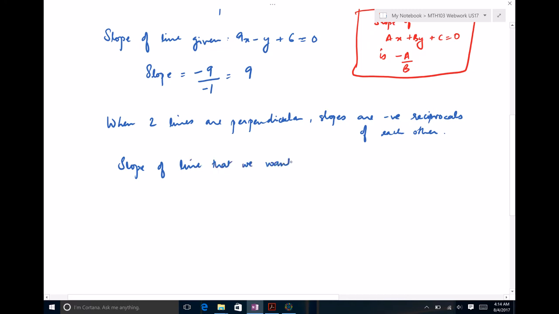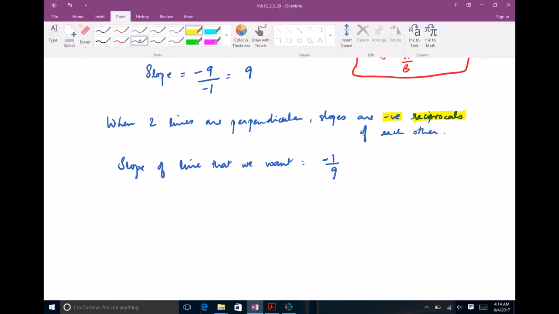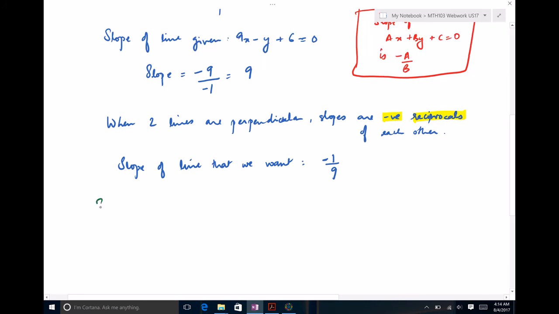So the slope of the line that we want is going to come from the slope of the line given, that's 9. So take the reciprocal, so that's 1 over 9, but then take the negative reciprocal. So the negative reciprocal of the given slope, which is negative 1 over 9, is the slope of the line that you want. And now we can write the equation